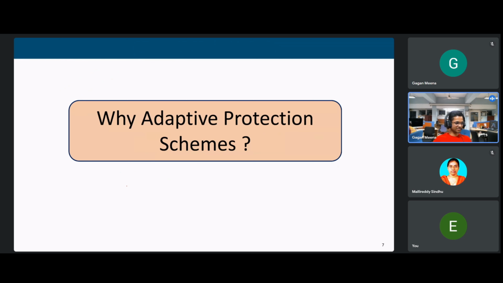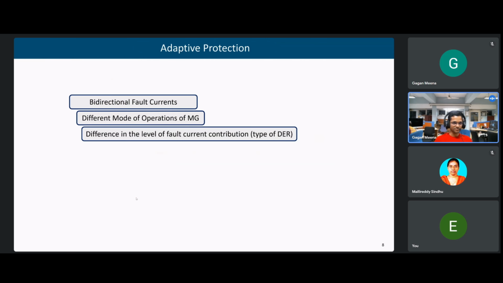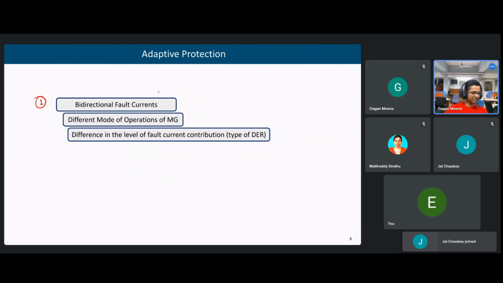Now we can discuss why adaptive protection schemes are required, why the conventional schemes will not work. This was the motivation for the adaptive protection schemes. The first reason for the need of adaptive protection, as we just discussed, was the bidirectional fault currents because of DERs. Then second is the